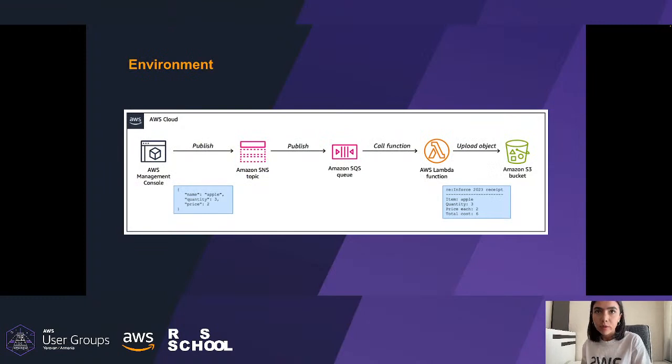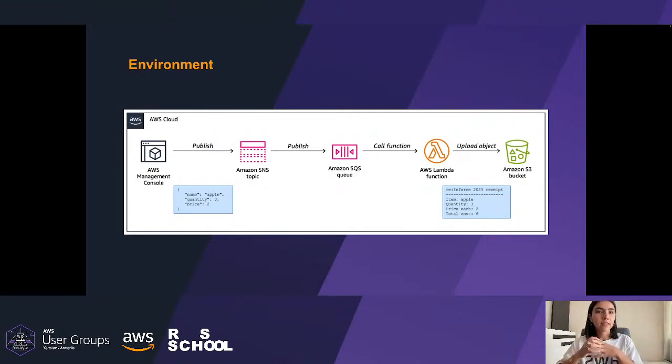In our case, we have this environment already provisioned for us in AWS. The entry point of our architecture is the SNS service. SNS is going to publish a message, and SQS is the subscriber of that topic. In our case, SQS is also the event source for our Lambda function.